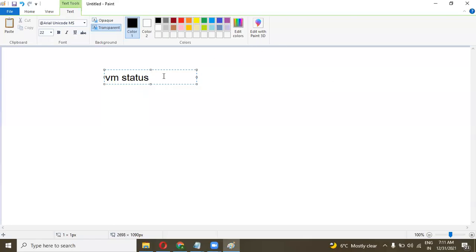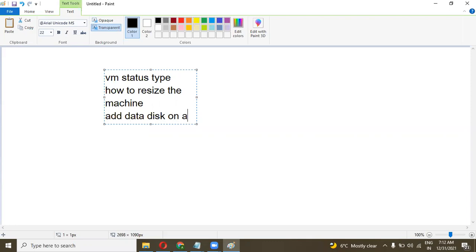So today we are going to see these topics: VM status types, how to resize the machine, how to add a data disk on it, attached and detached.